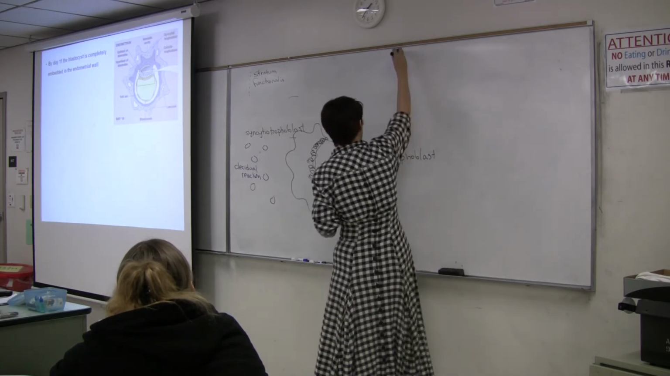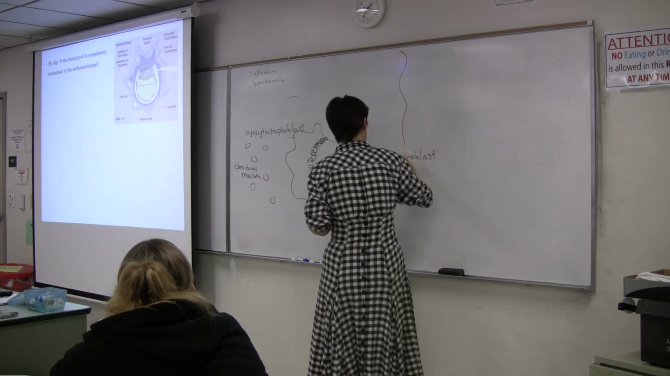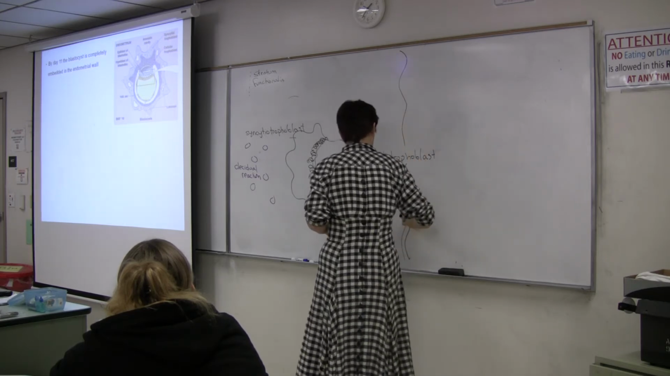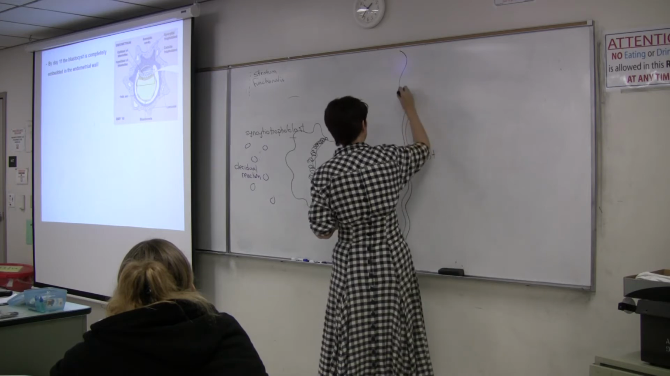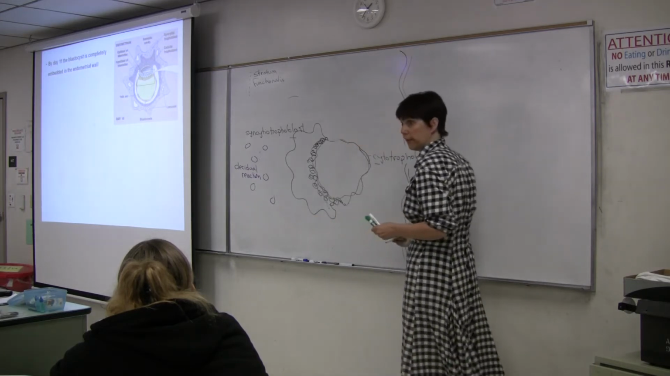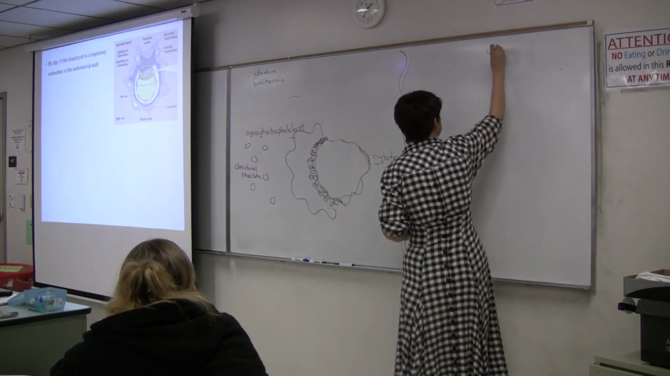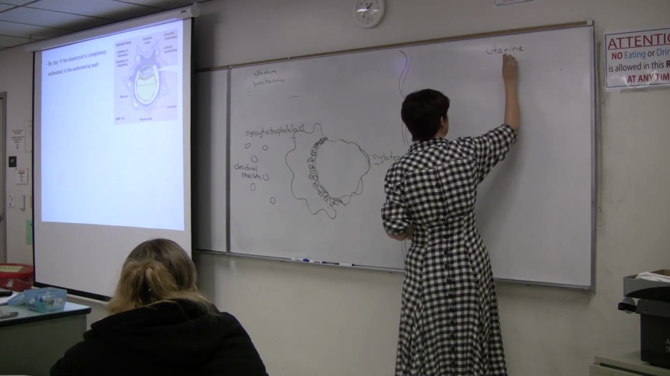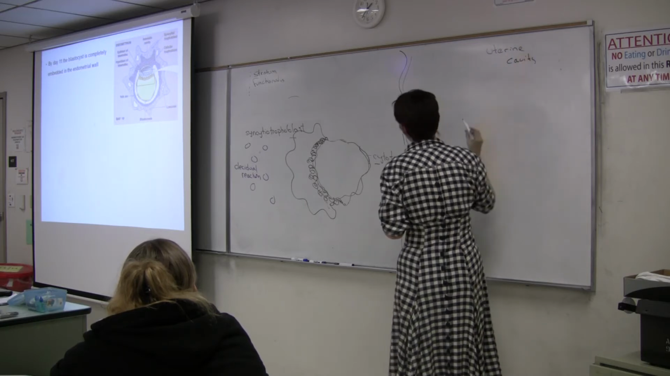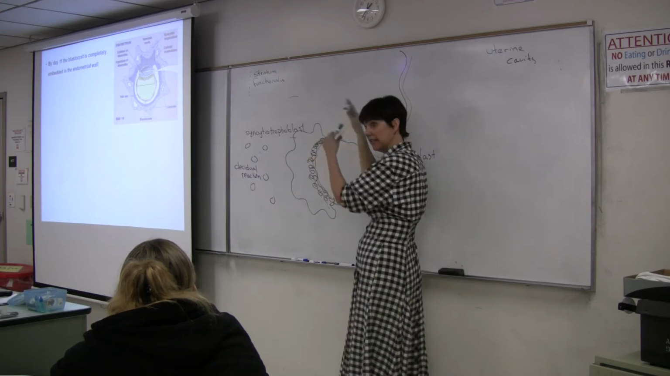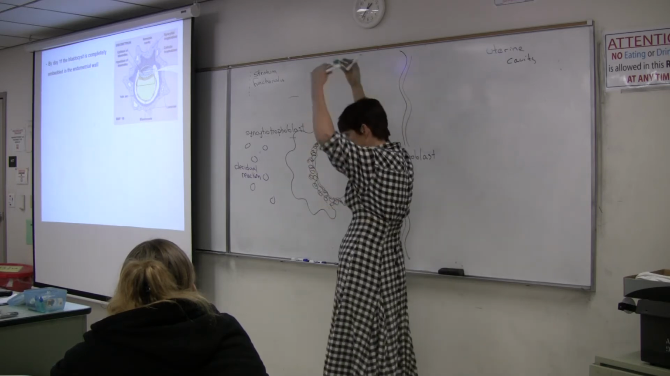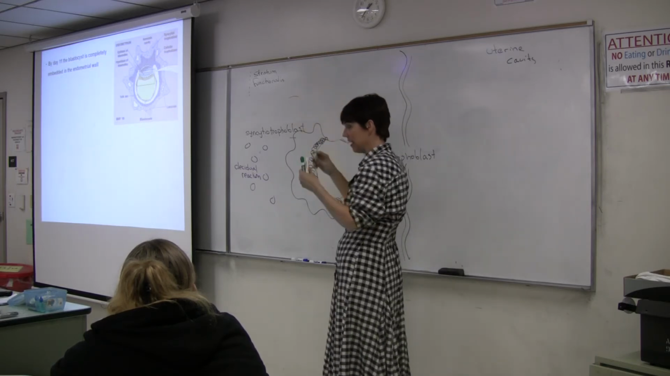So now this is going to be the simple columnar epithelium of my uterine surface. Here is the uterine cavity. Now that this is completely enveloped, the uterine cavity is closed in over it,